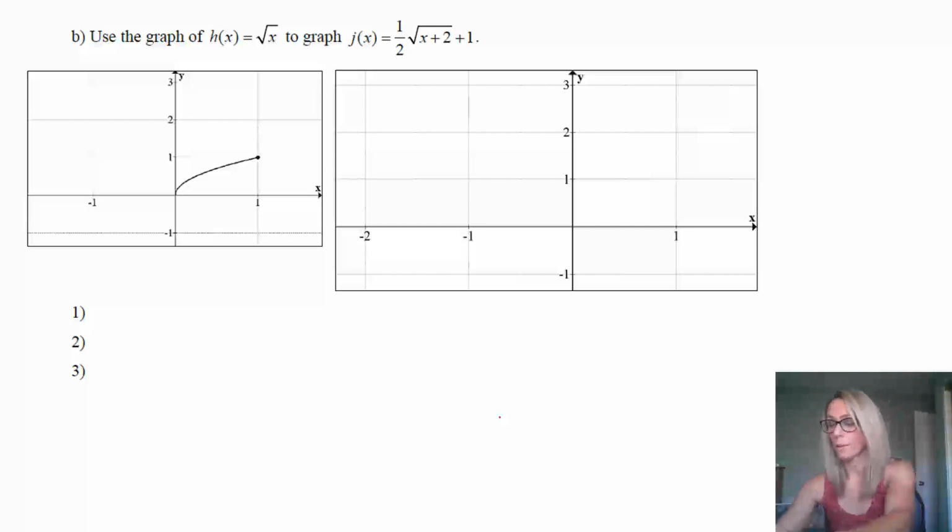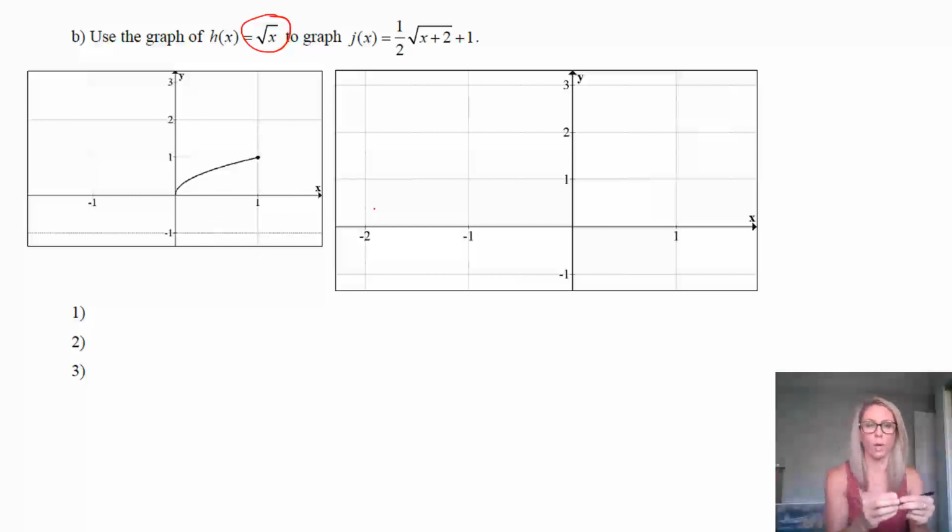So let's take a look at another one. It would be really good if you could pause and see what you can do with this, if you can get it or not. It gives us the graph. So notice we have the graph of the square root of x, but now we're going to do 1/2 the square root of x plus 2 plus 1. So we're just going to, as you should think about it, just take that and transform it using what we're given there. So you don't actually need the fact that it's a square root of x. You don't need to think about that. But we do have something affecting the inside. So again, you can pause, try to do it, come back if you want.